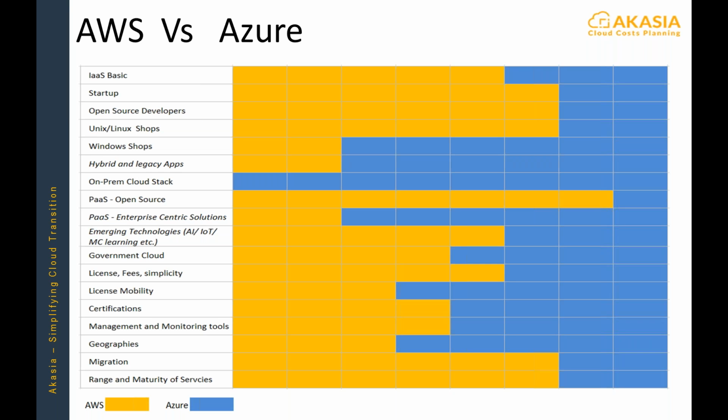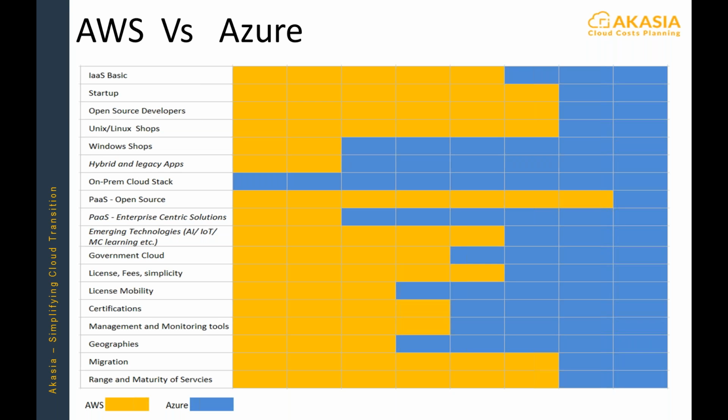So what we've come up with here is a chart where we compare different parameters that would be applicable to you. The orange block shows where Amazon is, and the blue one shows where Azure is. If you take any particular line item and see more orange, that means Amazon is advantageous in that area, whereas Microsoft is less advantageous. If you see more blue, it's the opposite, right? Does that make sense? Okay.